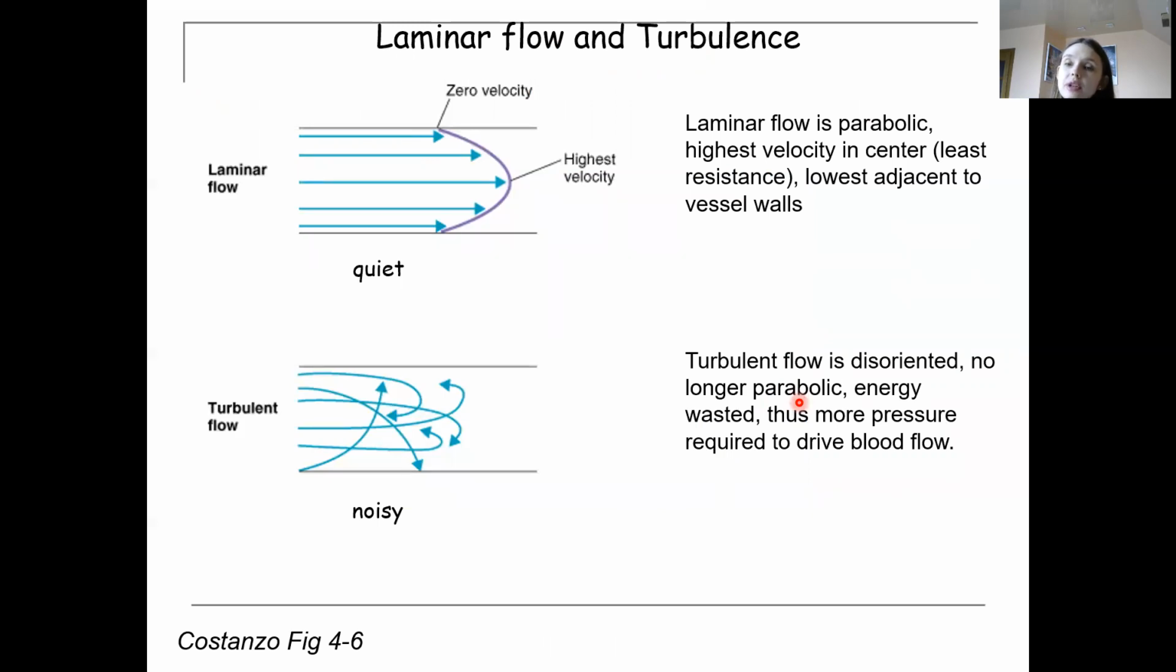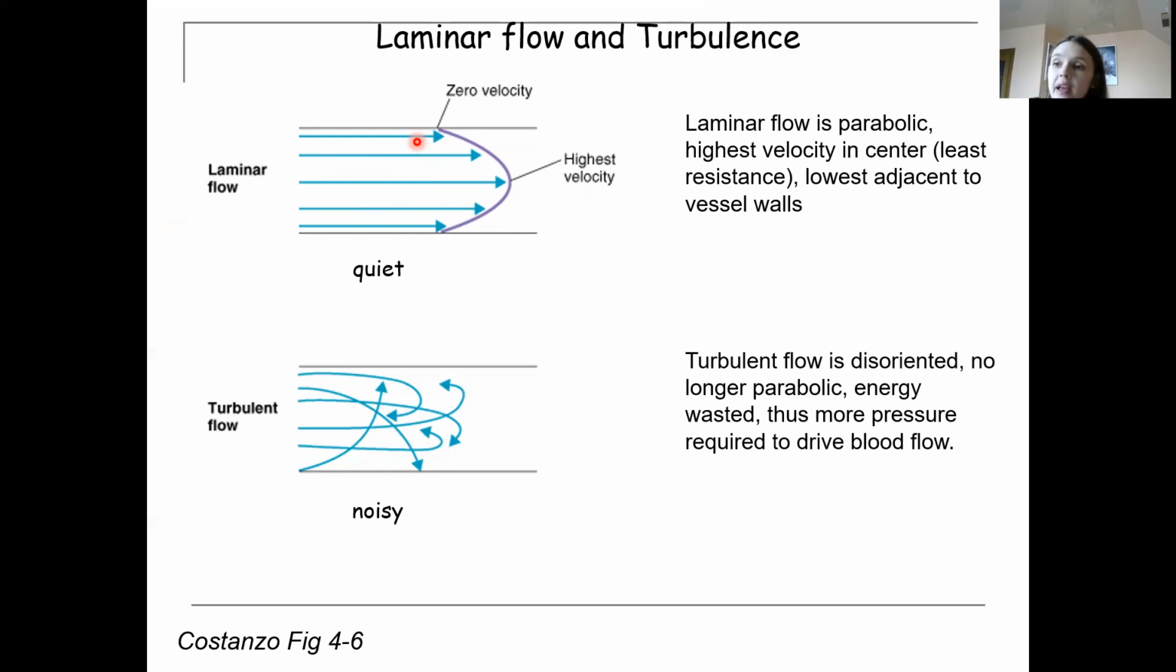Also, when we talk about blood flow, we could divide it into different types: it could be laminar or turbulent. Here laminar type is presented. Laminar flow is parabolic; the highest velocity is in the center, the lowest adjacent to the vessel walls. You could see here that the highest velocity is in the center of the vessel, and the slowest velocity is near the